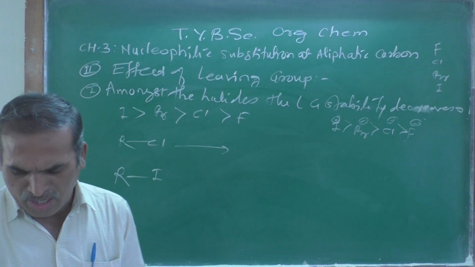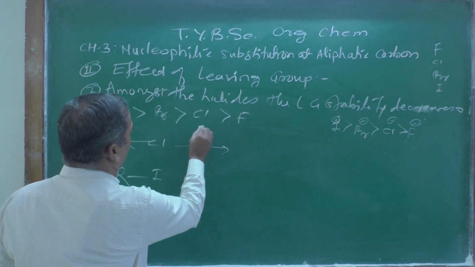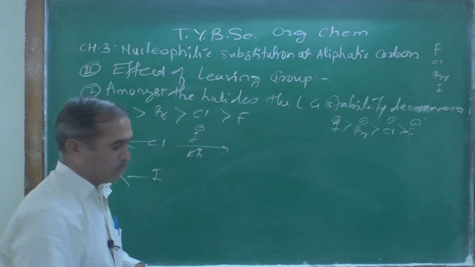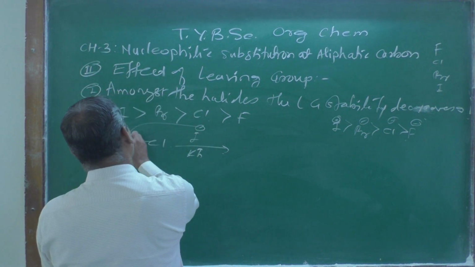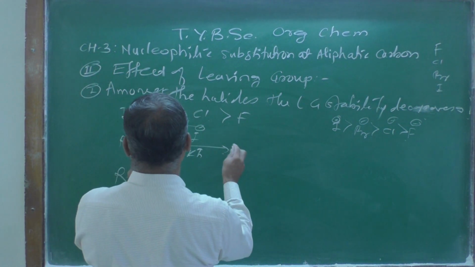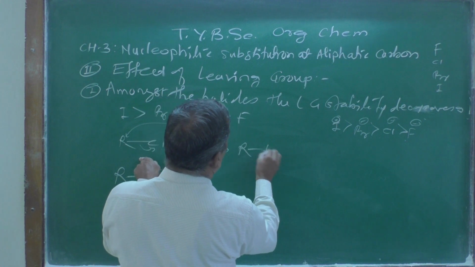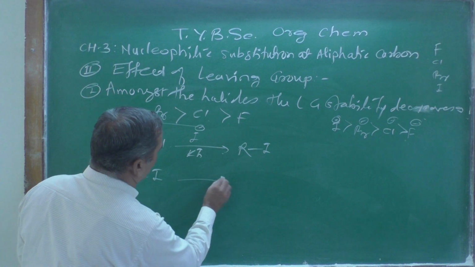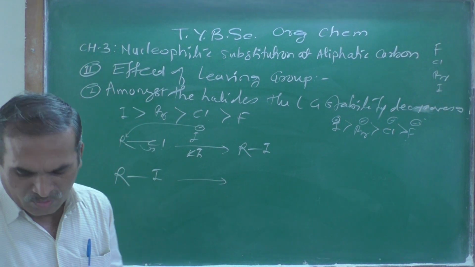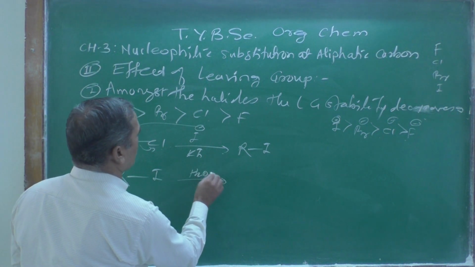Here we are adding I minus in the presence of potassium iodide. What do you get here? There is a departure of the chlorine atom, and we get alkyl iodide. Then in this case if you add the water molecule, H2O,